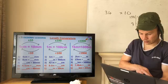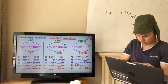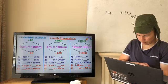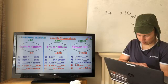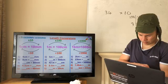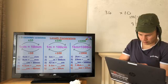4 centimetres equals millimetres. Times it by 10, so equals 40. Okay, that's one thing to do. The first one done, 8 centimetres. So if I'm timesing,